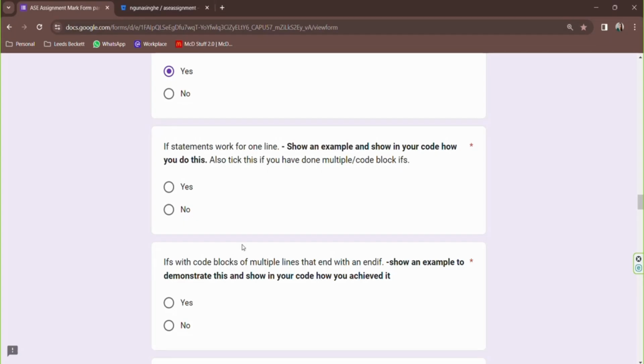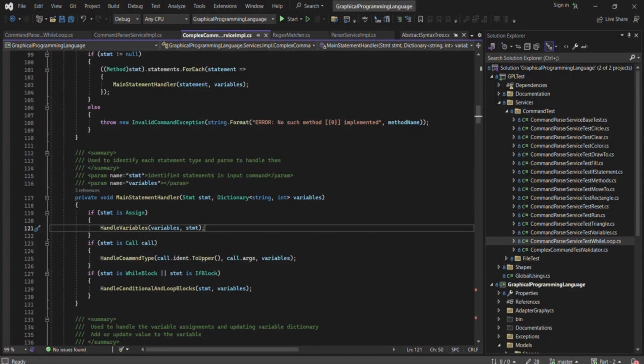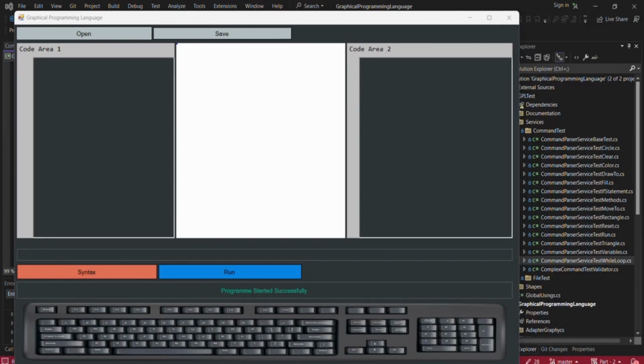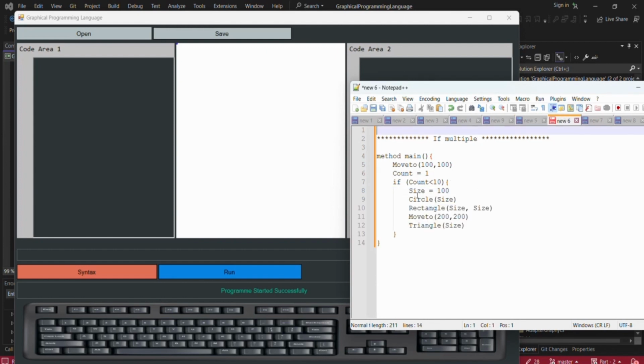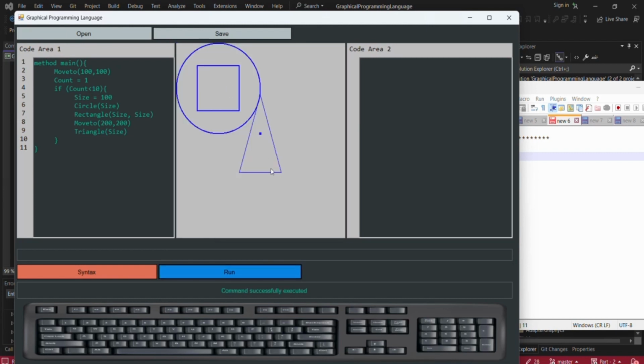Next one is if with code blocks of multiple lines and ending with an end if. In our case, we don't have end if, and we have only the right parenthesis. So here I have run my code again, and we will use the example with multiple statements inside the if block. So I will run this. It has a variable declaration inside the if block, and the circle command, rectangle, move to, and triangle in such a way. So I will run this, and yeah, all the shapes are drawn